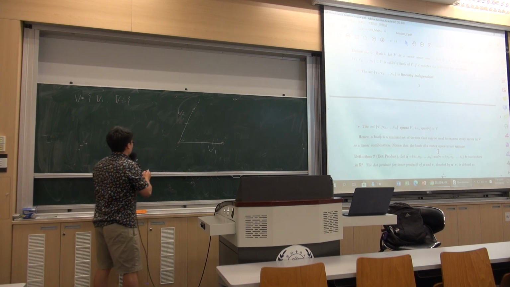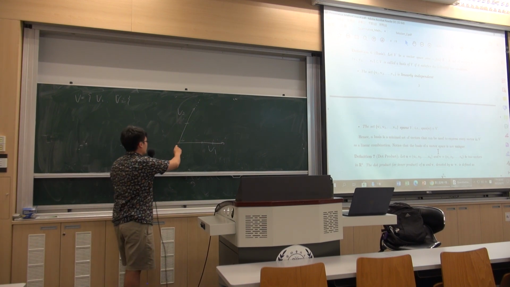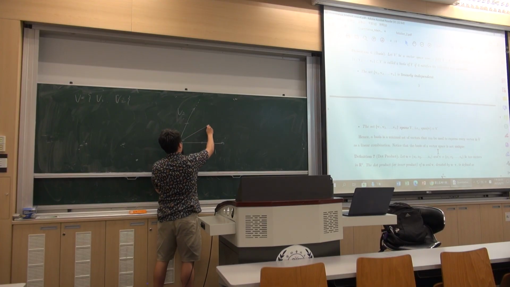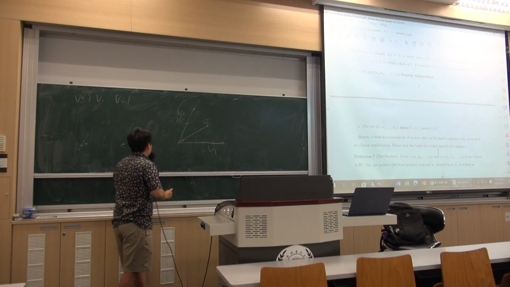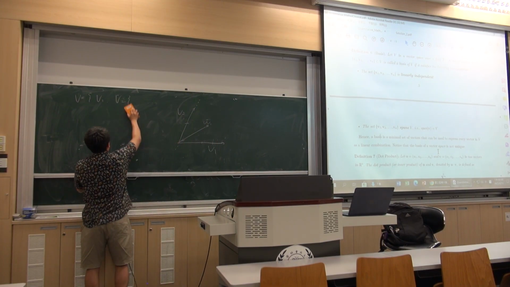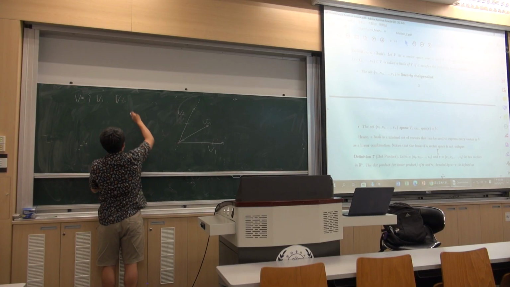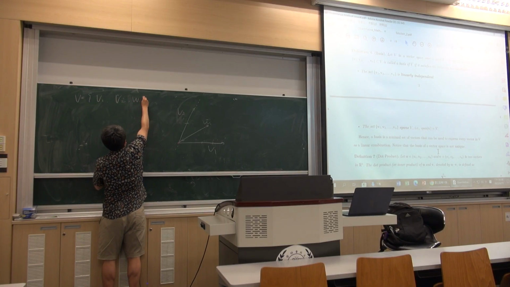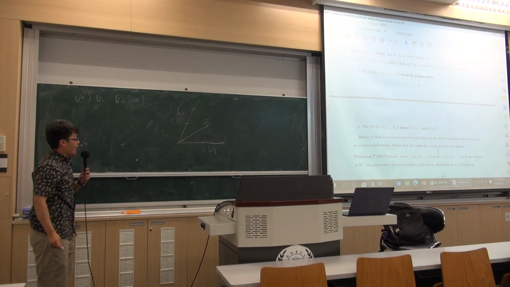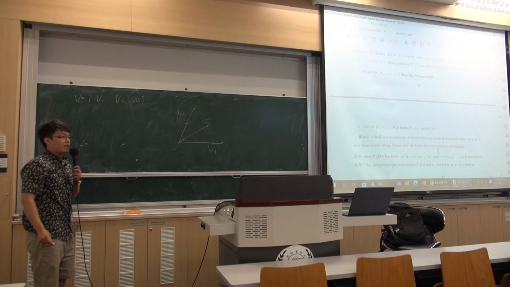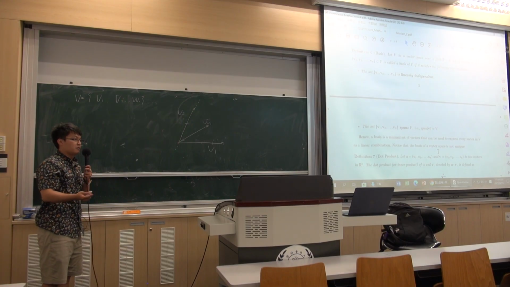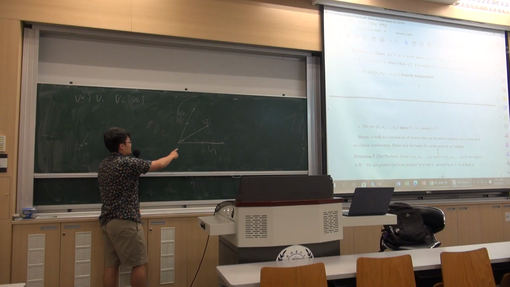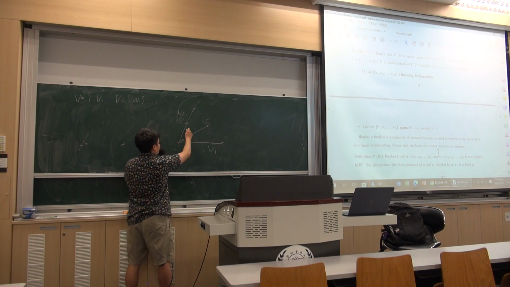And what if we add one more vector here? We call it W1. Does it help you to construct the whole plane? Actually, no, because as you can see, these vectors are actually